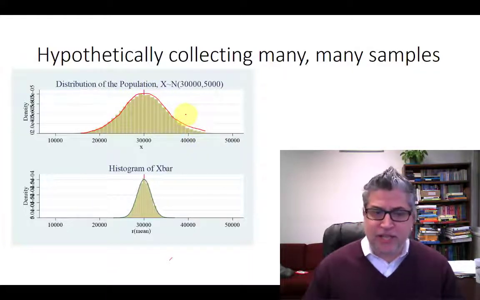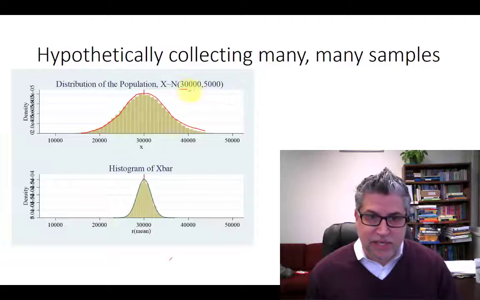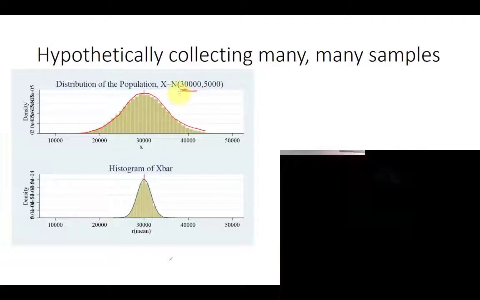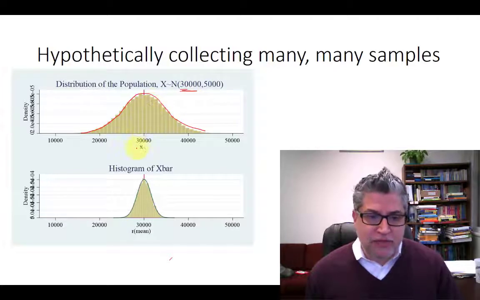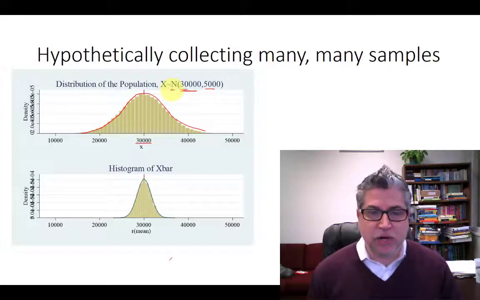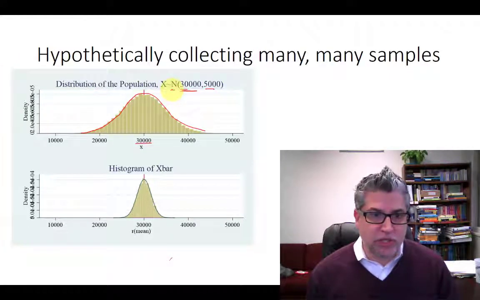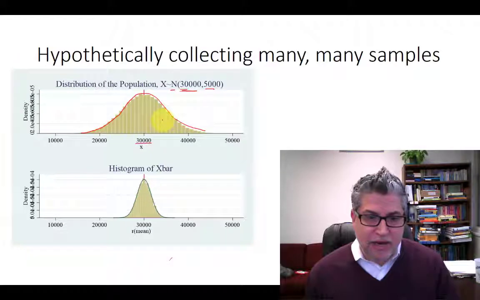Now I've created this dataset myself so that it's got a nice shape and nice, clean numbers. It's not decimals and all kinds of weird numbers, but it's got a mean of 30,000 and a standard deviation of 5, and it's also normally distributed. And that's kind of a best case scenario, when your population is normally distributed. Now what I did is I collected a small sample out of this guy here,